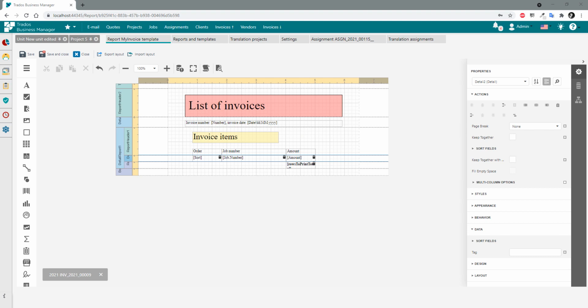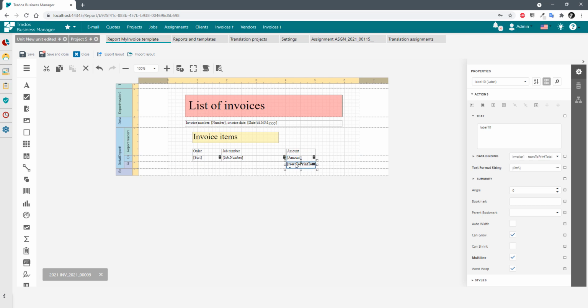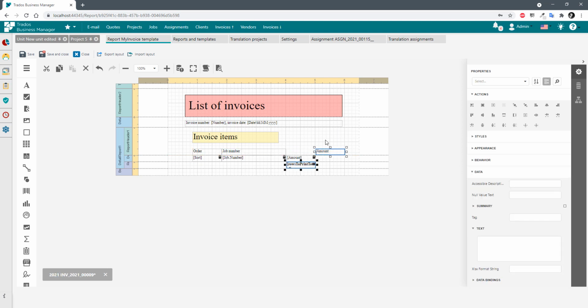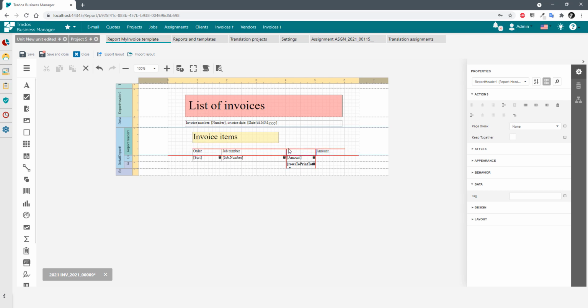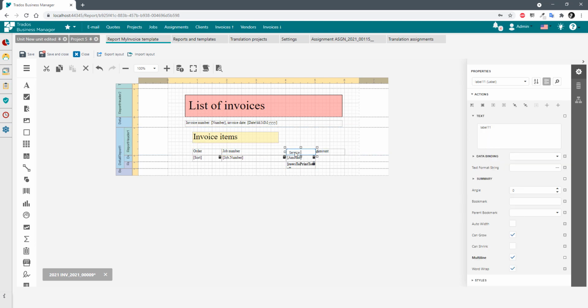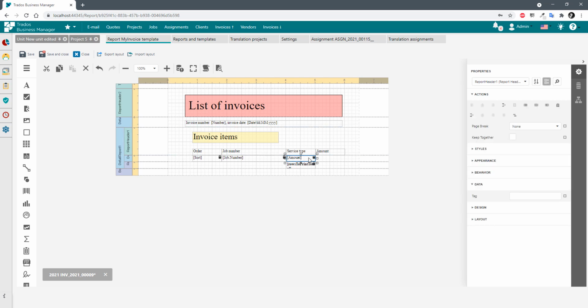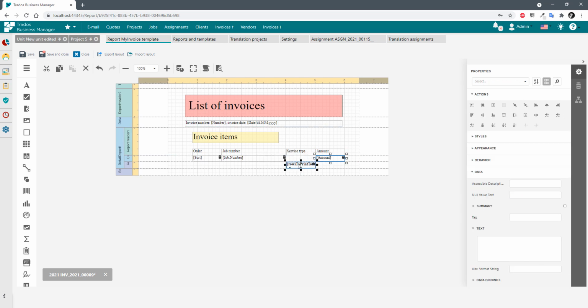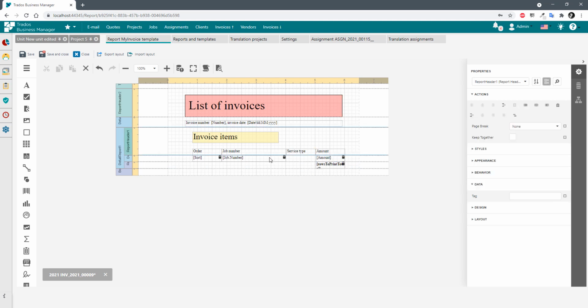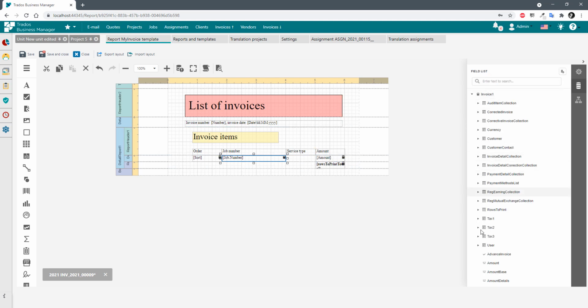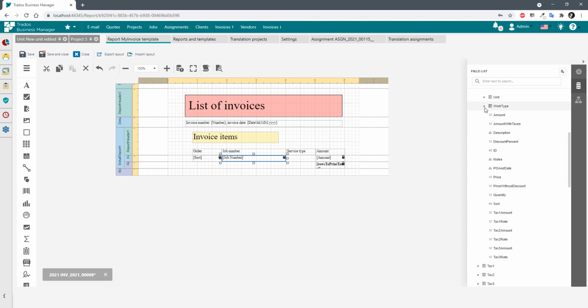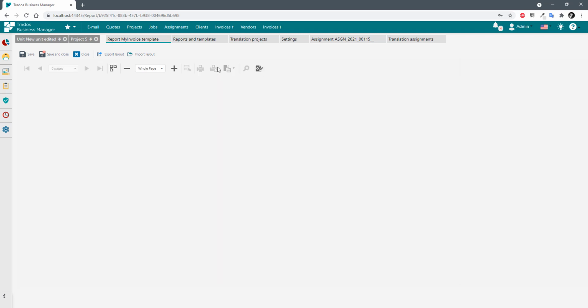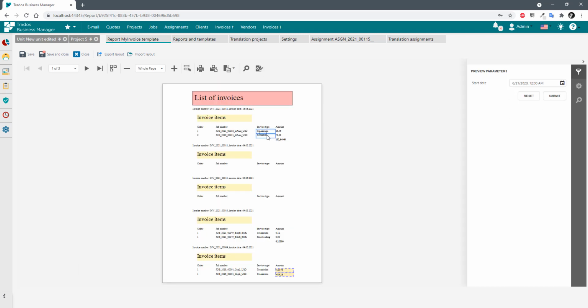It will be about repetitive data. Let's add more columns here, and let's say it will be service type, like that. Amount will be dragged here, and for service type, let's go to invoice, rows to print, find work type and name. Okay, let's check if it works. Go to preview, and we have translation,